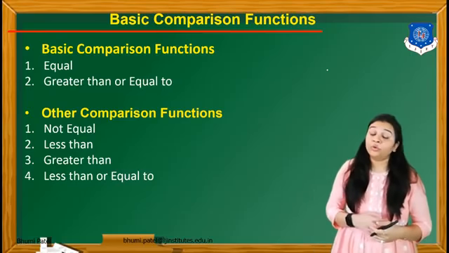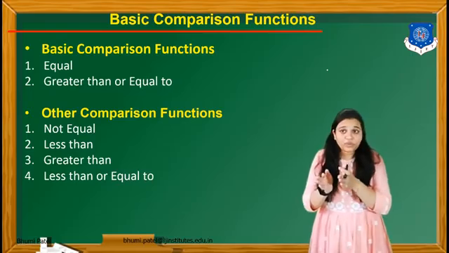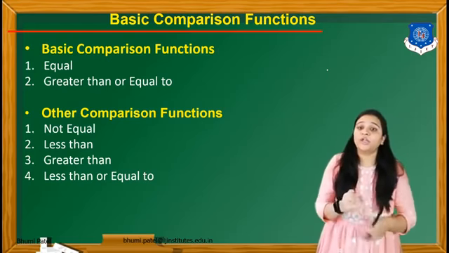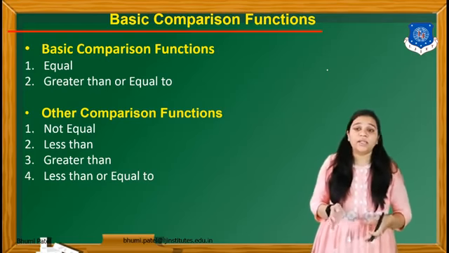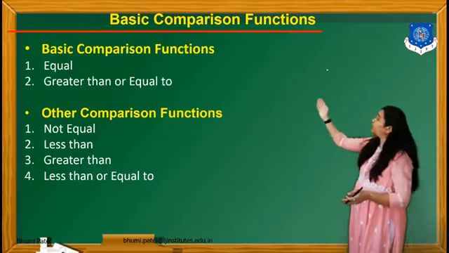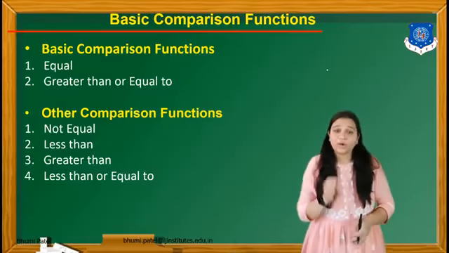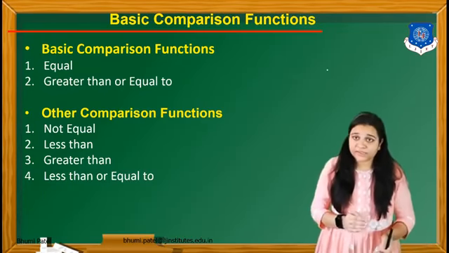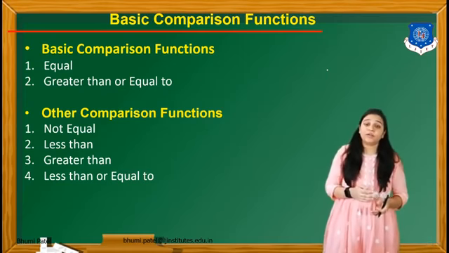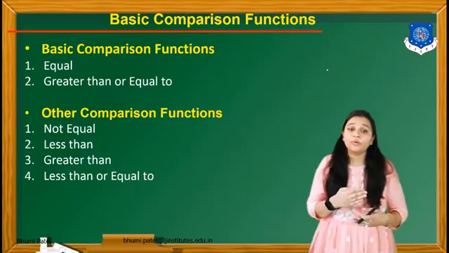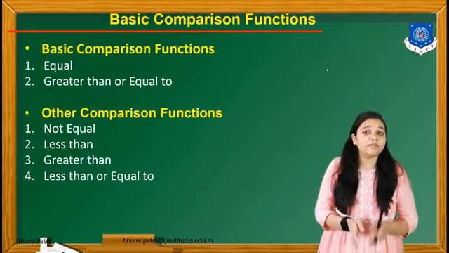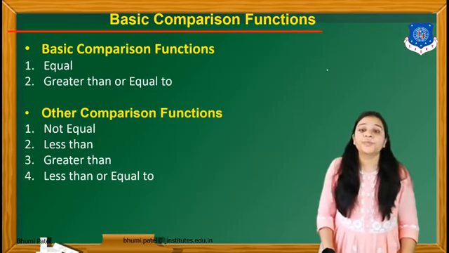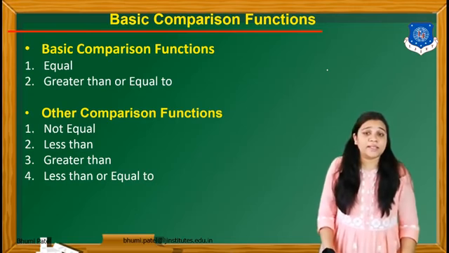So for not equal to, we have to use the logic of the equal to function and then derive the function for not equal to. Same for greater than: we have to use the greater than or equal to function, and if the number is not equal, then the number will be greater than. So using only two functions, equal to and greater than or equal to, we have to draw the ladder diagram for the other comparison functions like not equal to, less than, greater than, or less than or equal to.